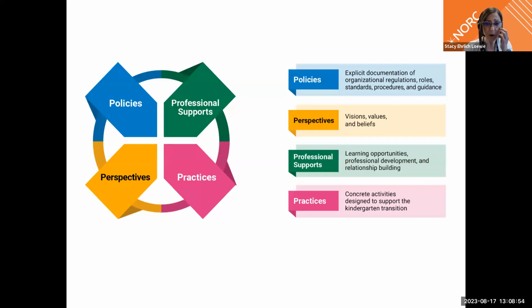Key to our landscape are what we call the 4 Ps: policies, perspectives, professional supports, and practices. Taken together, these 4 Ps are the core mechanisms that the HS2K project theorizes shape a child's transition experience. Although the 4 Ps were uniquely defined for this project, similar constructs do appear in the literature on effective school